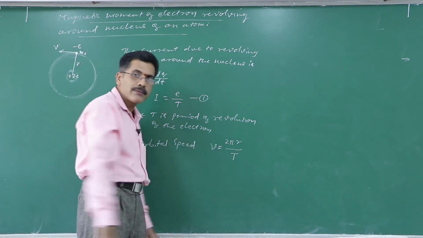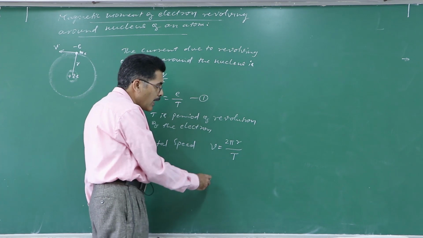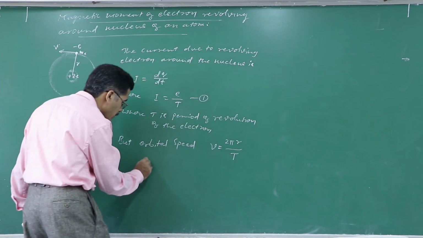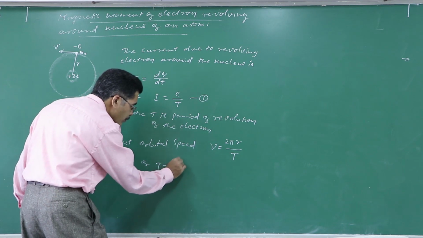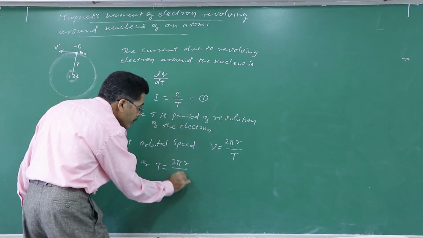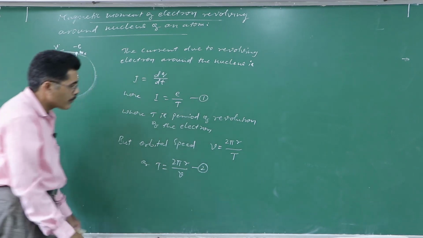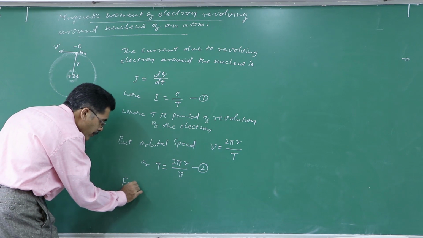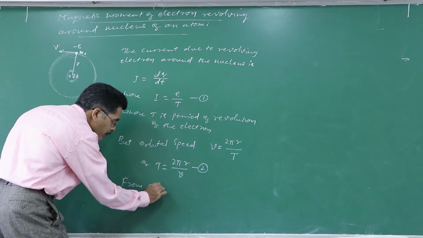Distance covered is circumference, time taken is T. See, this can be written as T is equal to 2 pi r by v. Let me take it as equation 2. Substitute equation 2 in 1, from equations 1 and 2,